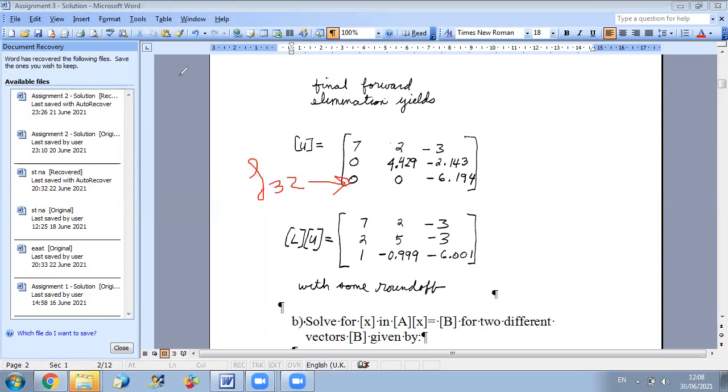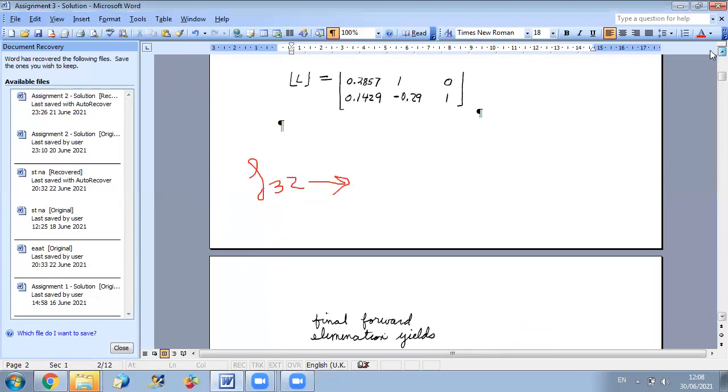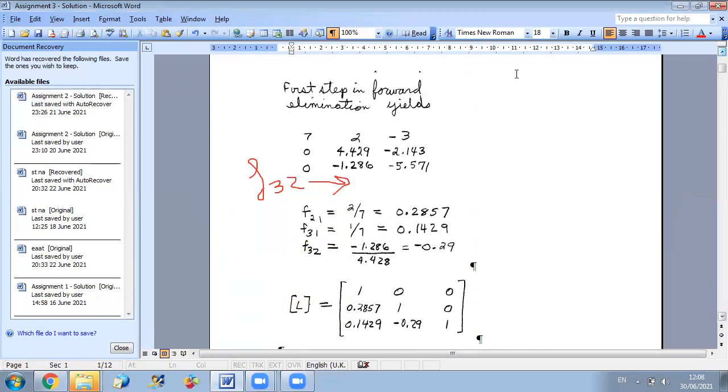So my matrix was in the following form before this step. Now I define factor F32, and once I do the forward elimination, this element will be 0, and this one will be updated to minus 5.571